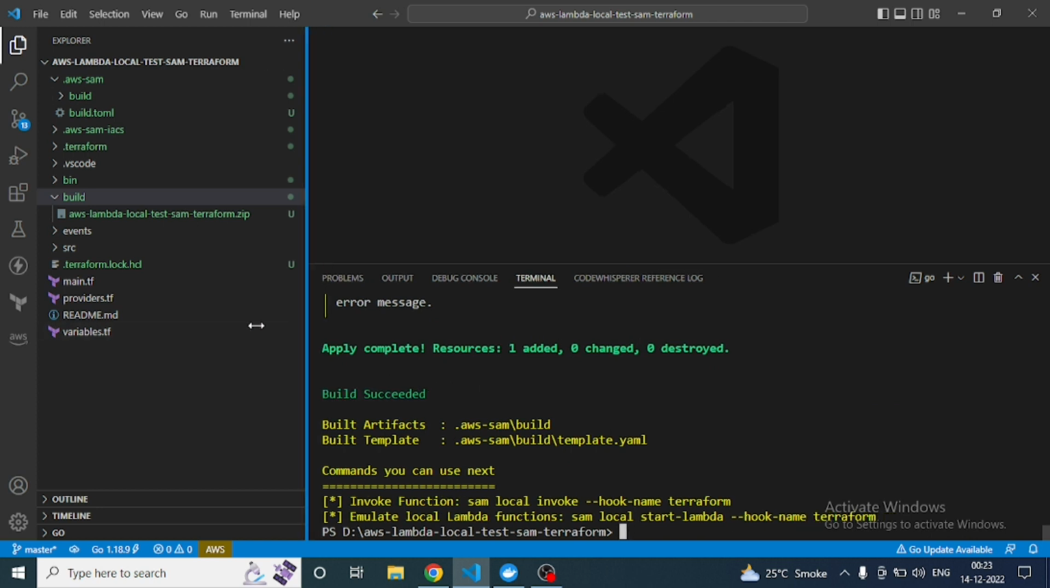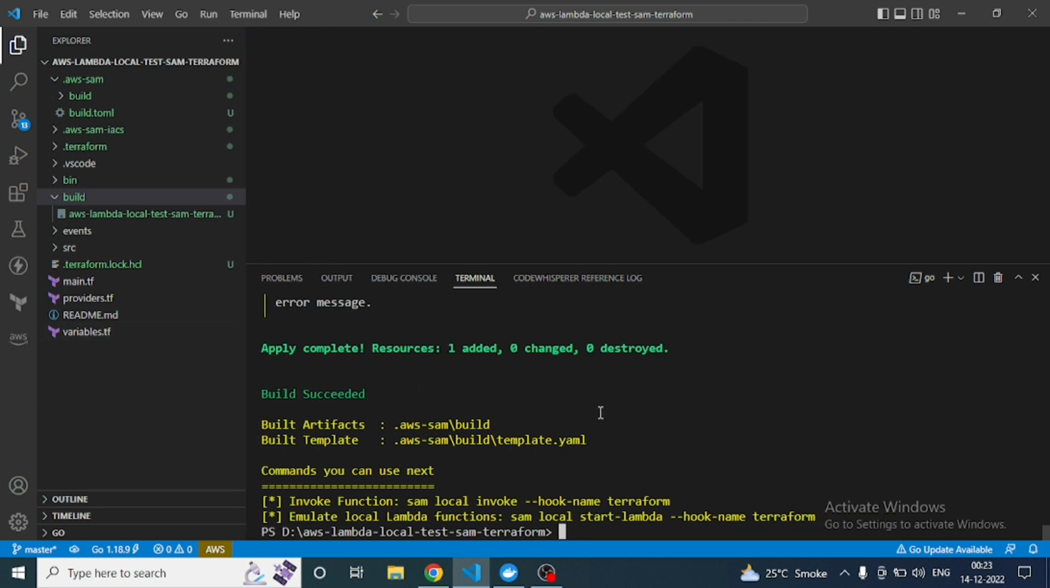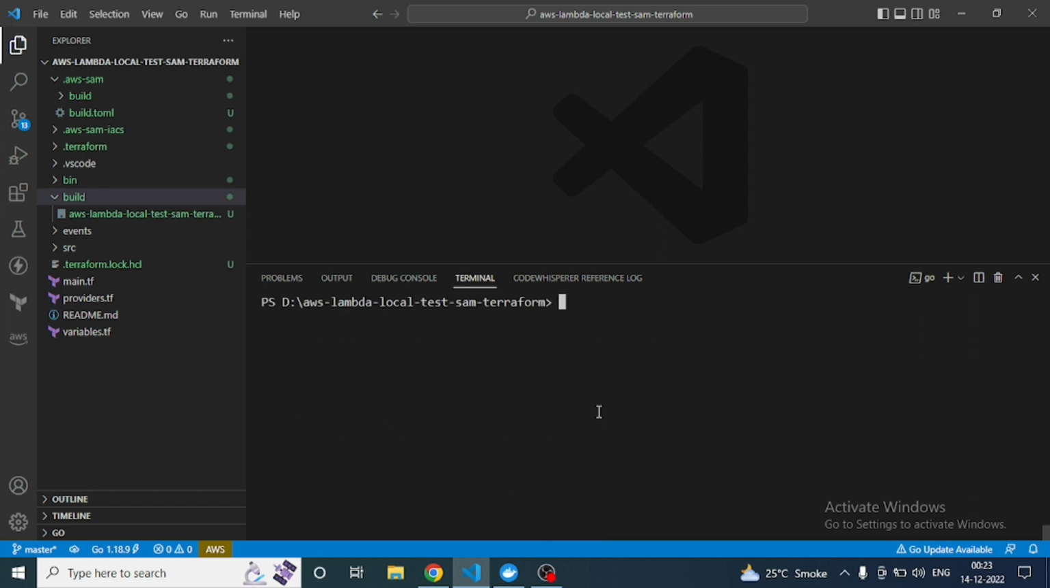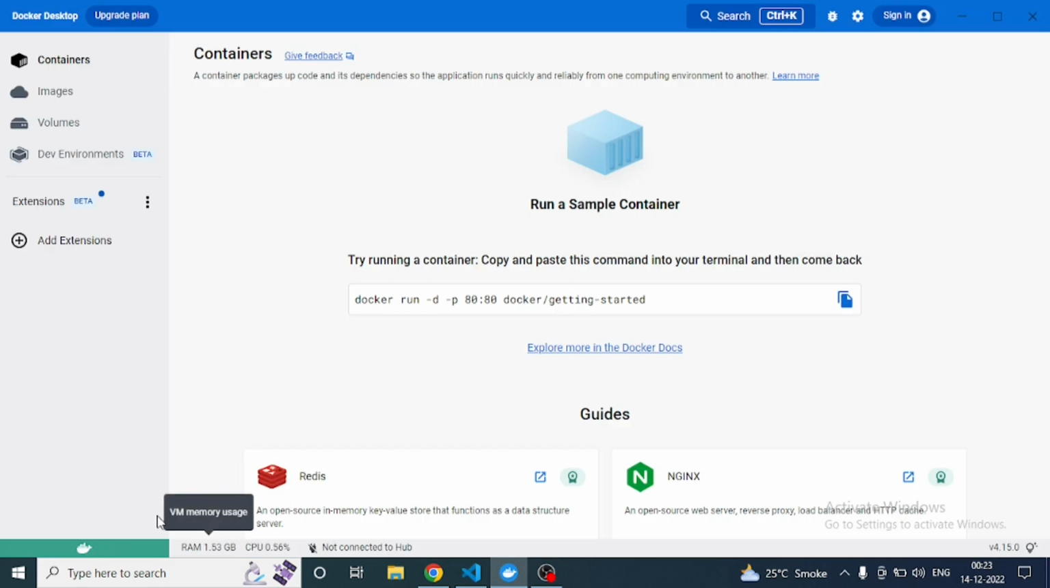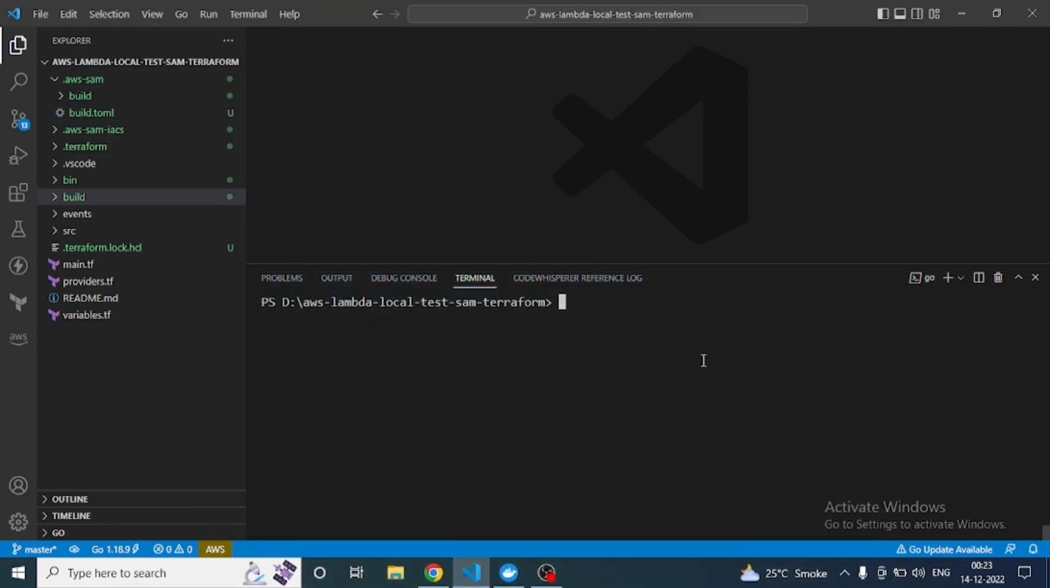So let's use this particular build that we have done just now, and let's test the Lambda locally. Let's run the Lambda locally. Make sure your Docker is up and running. The command for that is sam local invoke. Here we have to provide AWS